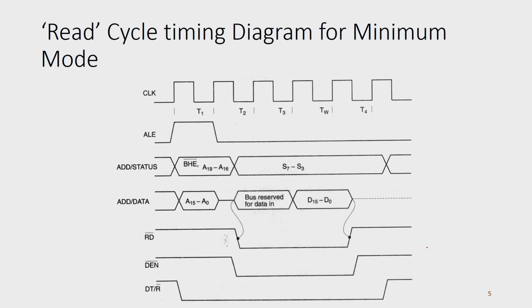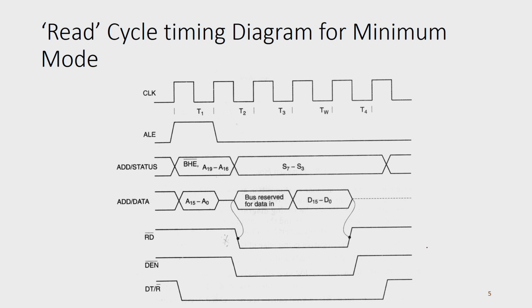So, before going to the function of the other pins, I would like to explain the bus cycles of 8086. As you already discussed, a bus cycle takes 4 T states, T1, T2, T3, T4, but there is one wait state. If the external device is not ready, as we discussed in the last class, whenever the microprocessor wants to read data from the peripheral, we know the peripheral is slower when compared with the microprocessor. If the peripheral device is not ready, the microprocessor will enter into the wait state until the data is ready. But basically, if the external peripheral device is ready, then it will take only 4 T states.